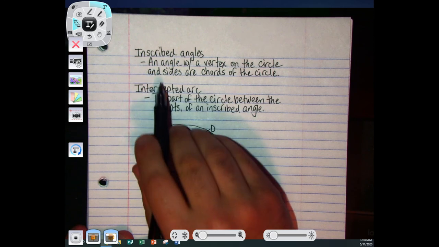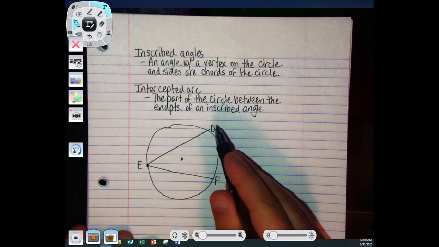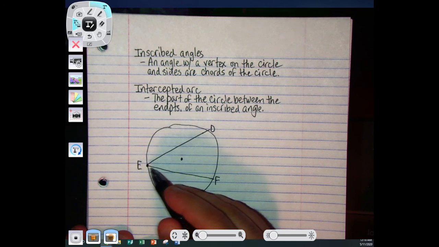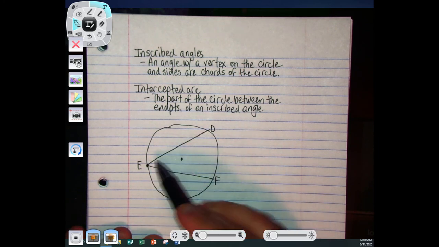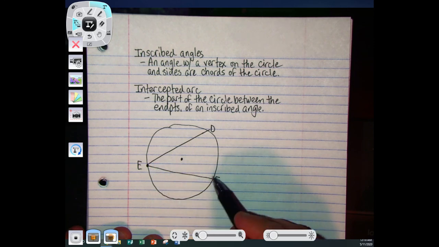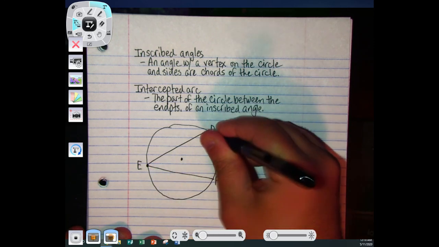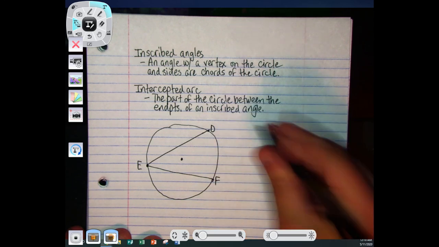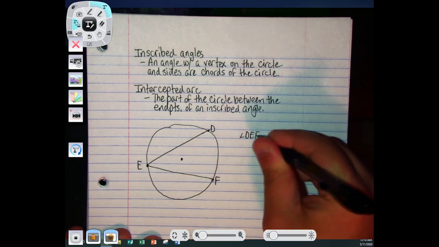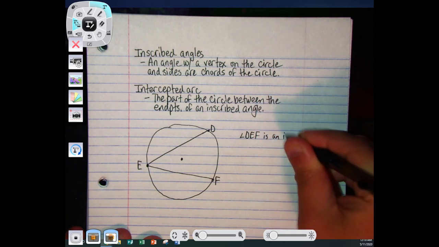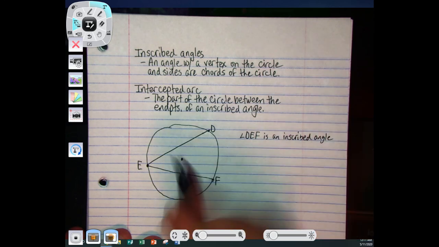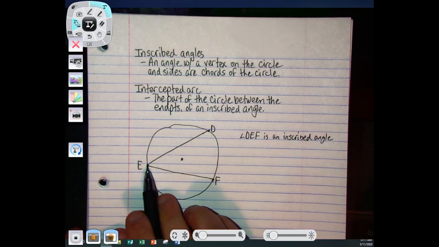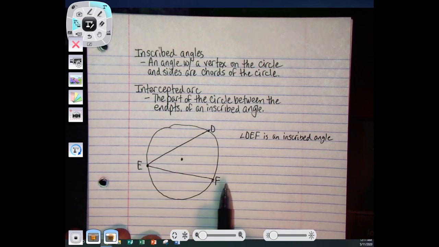An inscribed angle essentially is an angle formed with a vertex on the circle itself, and the sides of the angle form chords. Remember, chords are just segments that are in the interior of the circle with endpoints on the circle itself. For example, we can say that angle DEF is an inscribed angle because we know that the vertex E is on the circle itself, and segment ED and segment EF are chords